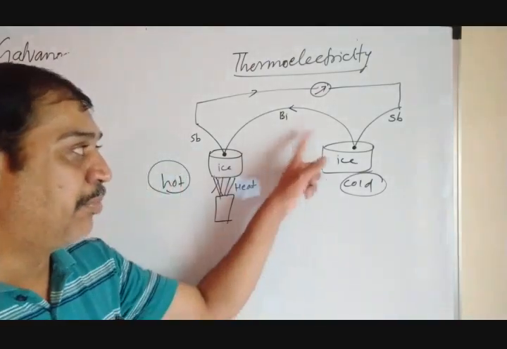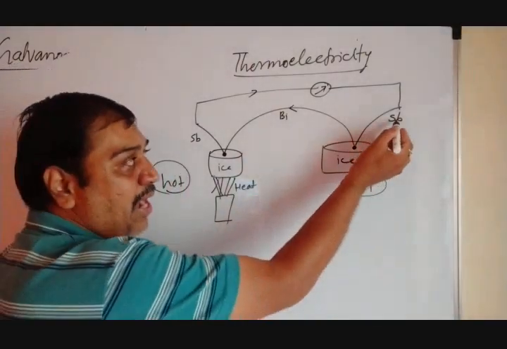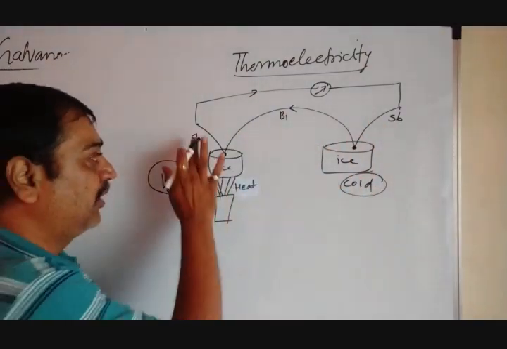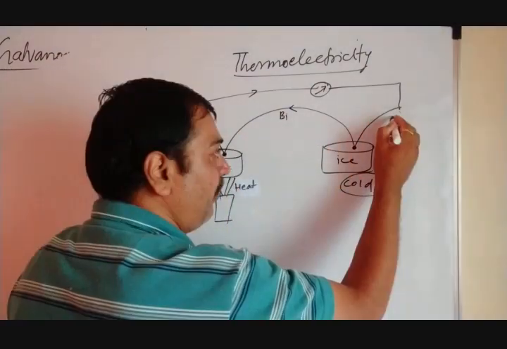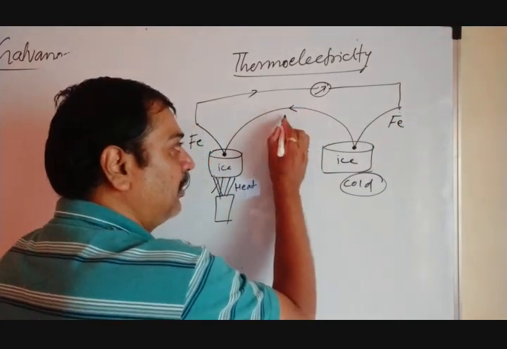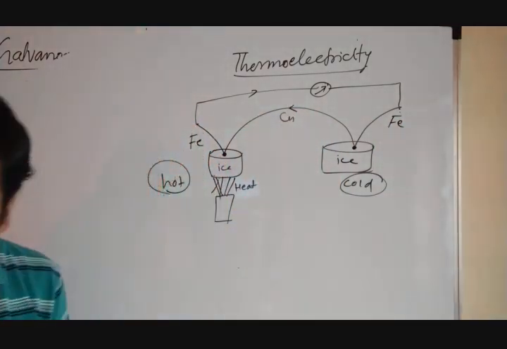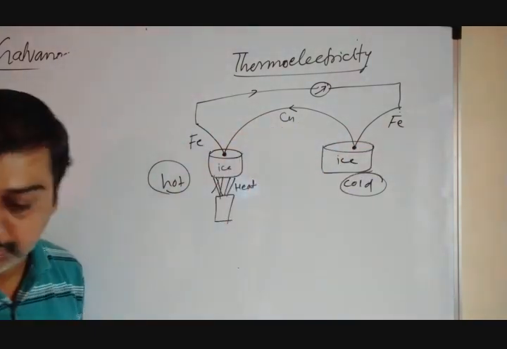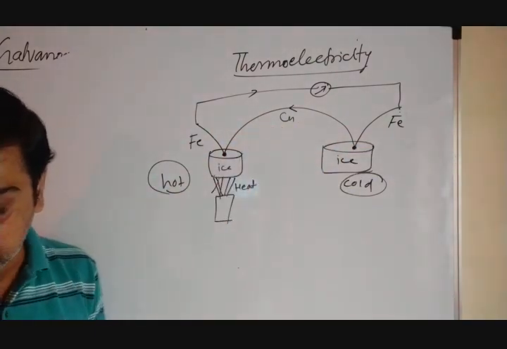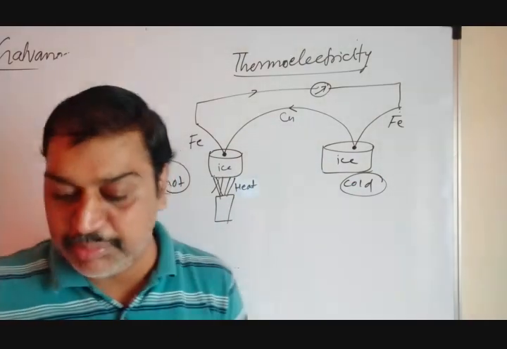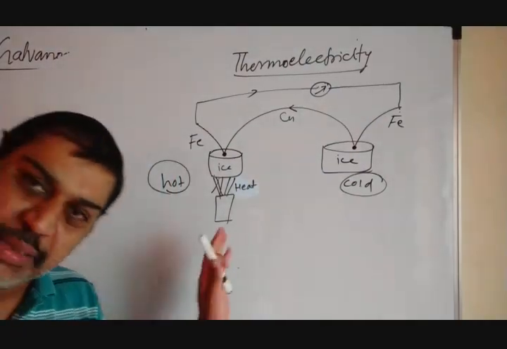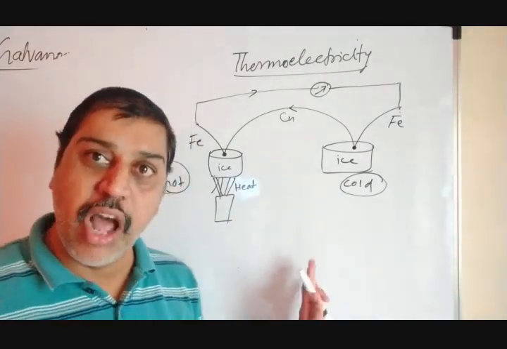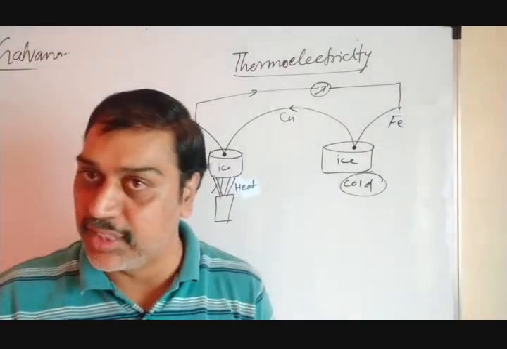In the case of bismuth and antimony, current flows from antimony to bismuth. In another material pair, they have taken iron, Fe, and here it is copper. This is another thermocouple where the current moves from iron to copper. That is the direction of current. Here, they have just mentioned one topic. Apart from these two, the function is the same. Initially antimony and bismuth were used. Now copper and iron are used as a thermocouple.